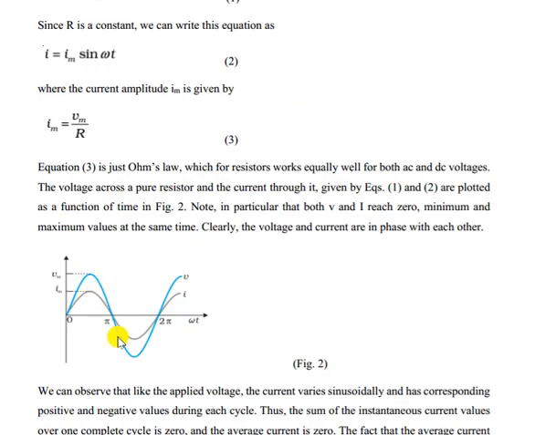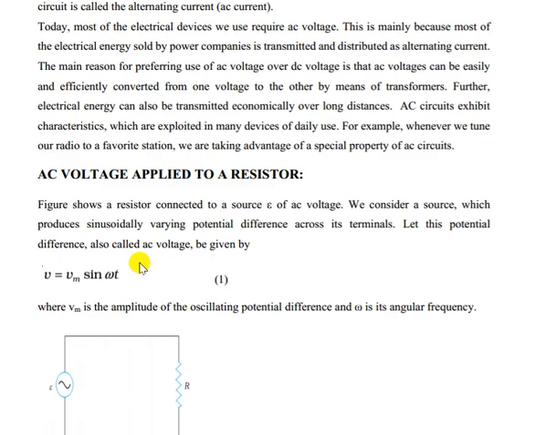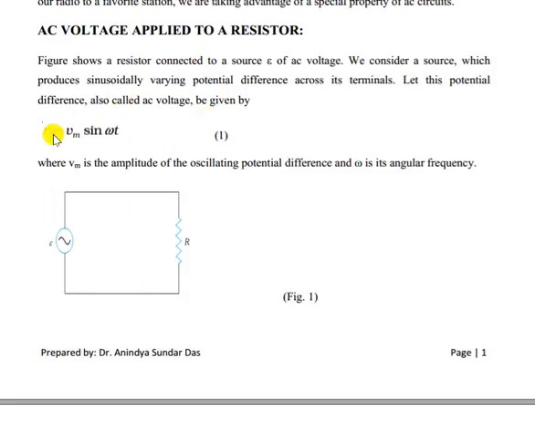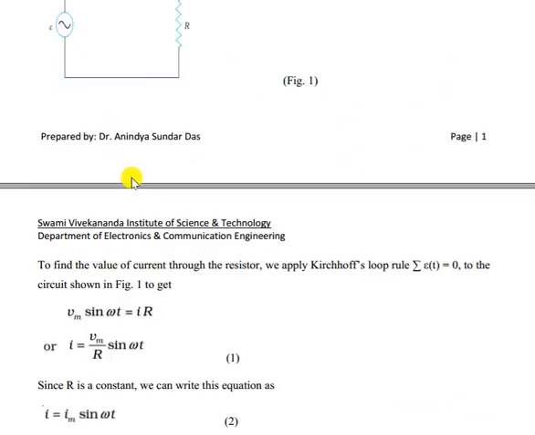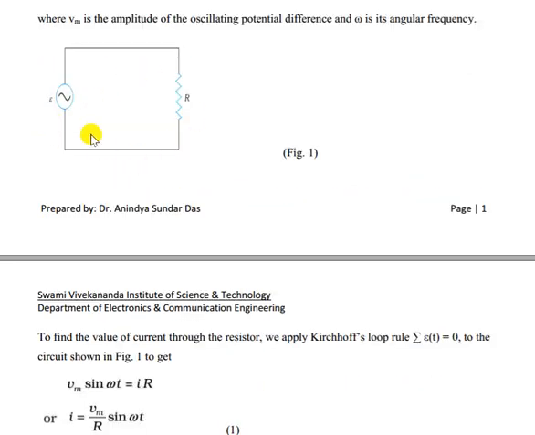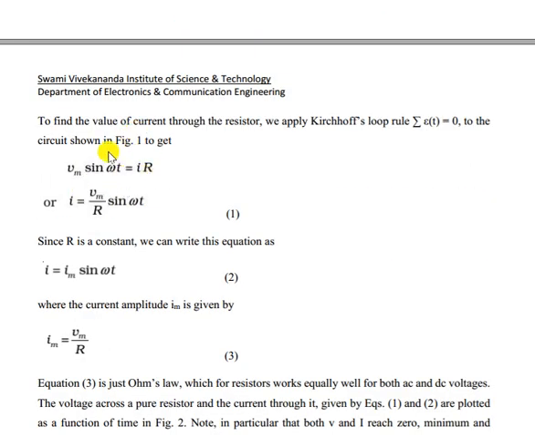You can see this is a sine waveform, because sine 0 is 0, sine pi is 0, and sine pi by 2 is 1, giving Vm. So we are applying a voltage source V, that is Vm sin omega t, across the resistance. Now if we apply KVL across this loop, we can write Vm sin omega t equals IR. I is the current flowing through the resistance, and I into R is the voltage drop across the resistance. Those two voltages must be the same. So from this equation we can write I equals Vm by R into sin omega t.